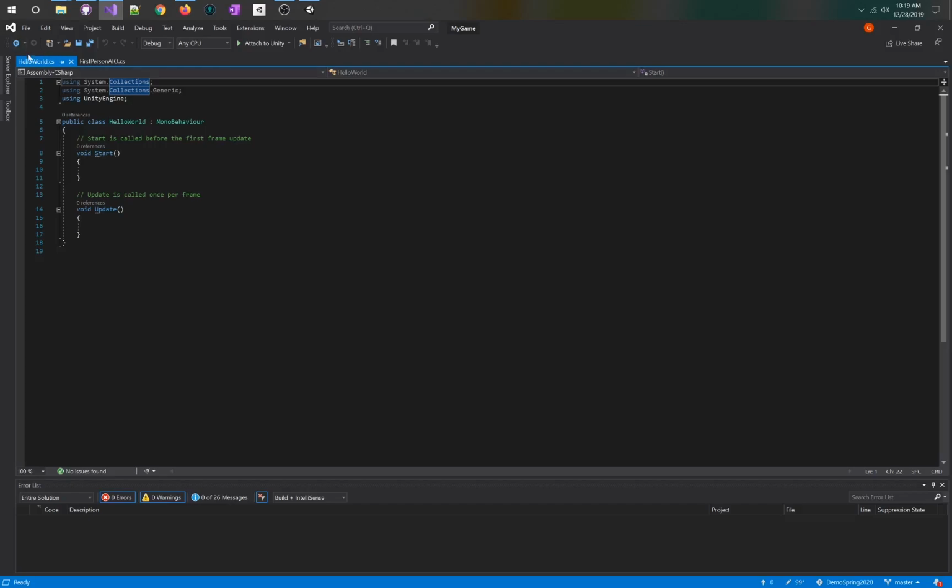Whatever. The other thing you must notice is that Hello World is the same on this line. It says public class HelloWorld : MonoBehaviour, and the file is also called Hello World. Sometimes when people create C# files, these don't match. So right now in Unity,